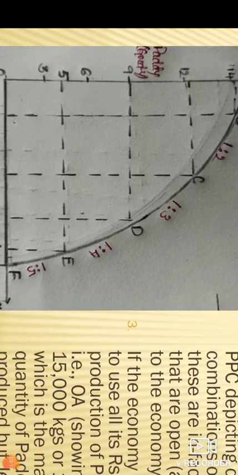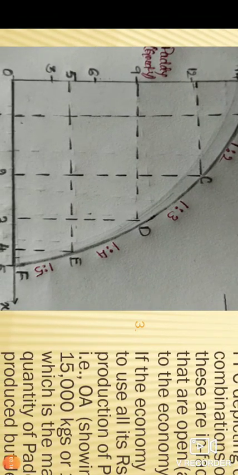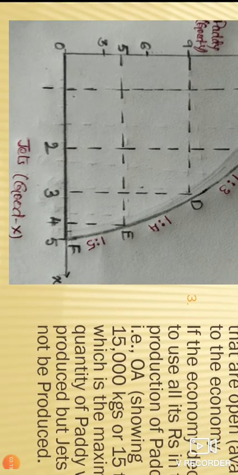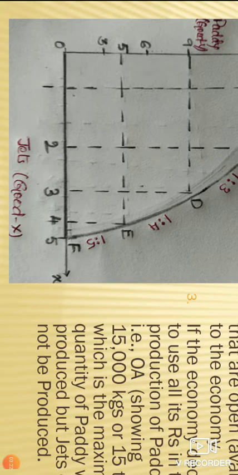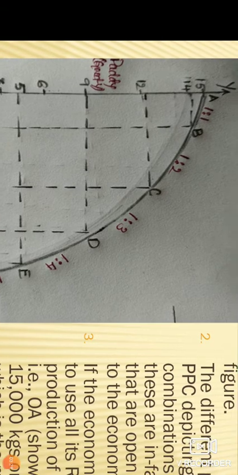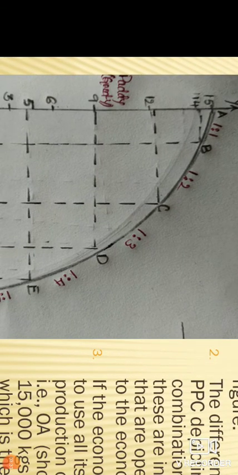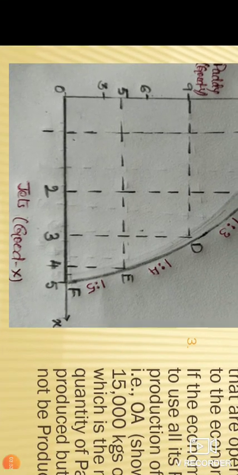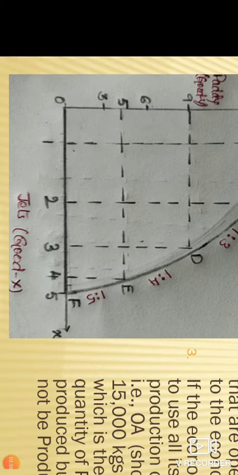So how do we draw a production possibility curve? First of all, let us draw the x-axis and represent jets. On the x-axis, X good, we are taking jets. And on the y-axis, we will take Y good, that is paddy. Which good first, sir? Whichever good is sacrificed in the schedule should come on the y-axis. Keep in mind, whichever good we are sacrificing to gain the production of another good should come on the y-axis, and whichever good we are increasing in every combination should come on the x-axis.